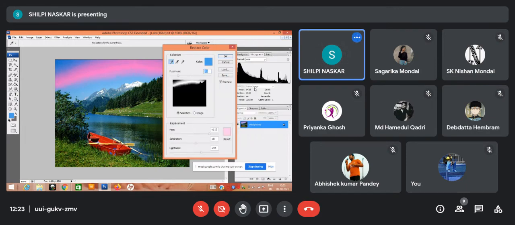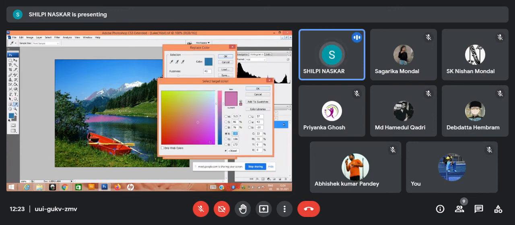Can you see it? What you have done, you have chosen a color by using this color picker, eye drop tool. If you remember, in the color palette we have learned this. I have chosen from here to here and say I want to change the shade of this color. There are color swatches also, there are color libraries also. I'm just dragging it here, there are color swatches and libraries, you can go and check. Okay, I want to change this color.